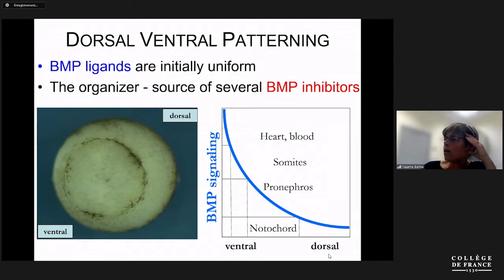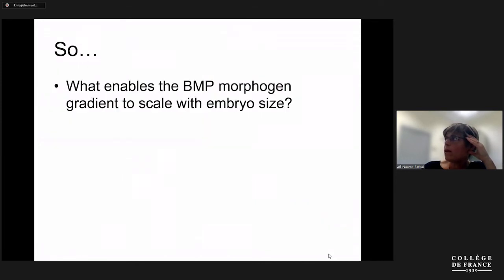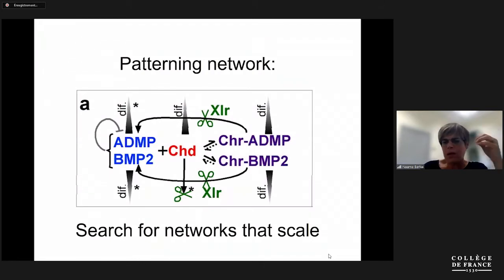Okay, so we have here basically a problem or a question. On one hand, we have this BMP activation gradient, and this is the one that is responsible for the generation of cell fates. On the other hand, we have scaling. So how do those two things come together? How can a morphogen gradient account for scaling and still account for the patterning and scale with the size of the embryo under perturbation conditions? So we tried to address this question, and the way that we did it was, again,